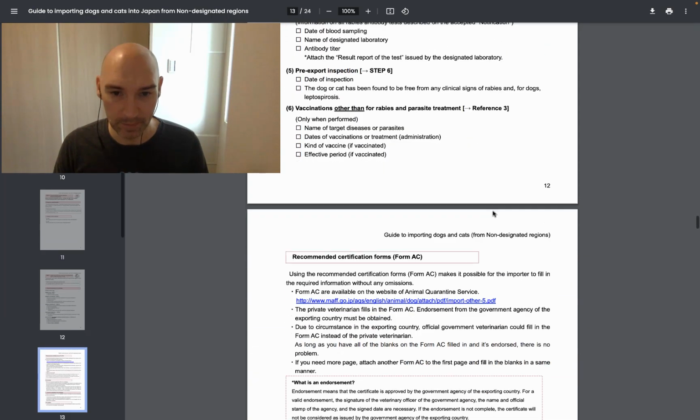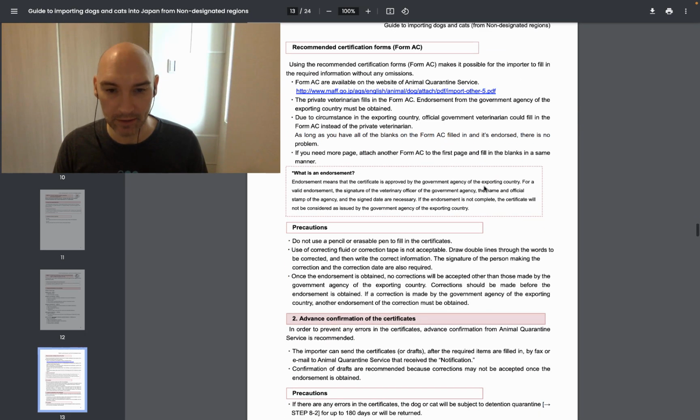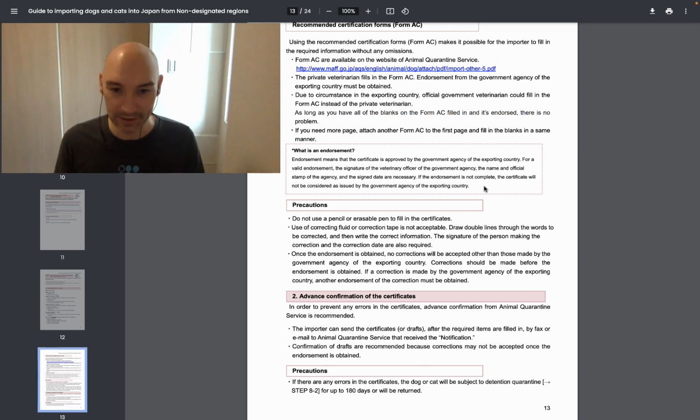And there's a couple other forms here, forms AC, that you have to fill out. And what I didn't like about this is, and you can even see here, look at all this stuff. And everything else has been kind of, you've had a little bit of time, 40 days before the flight and 180-day quarantine, and we're getting this all done. And suddenly there's this 10 days where I'm like, how is, and so this is supposed to be getting sent